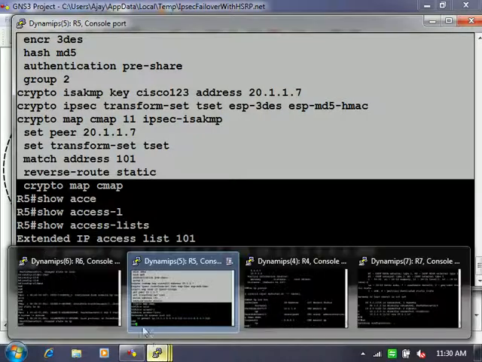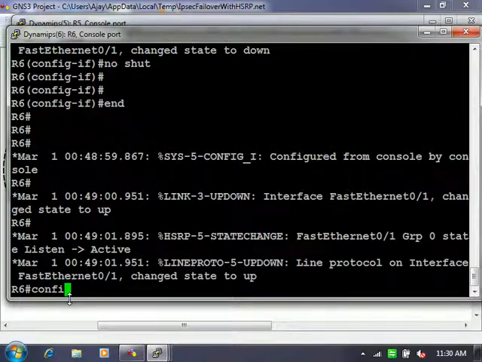Go to R6. Okay. Paste the same configuration.